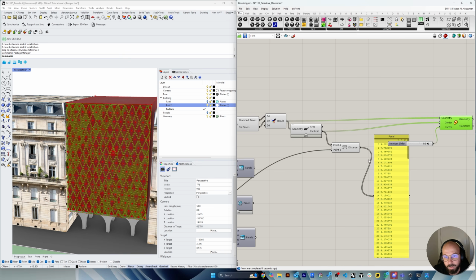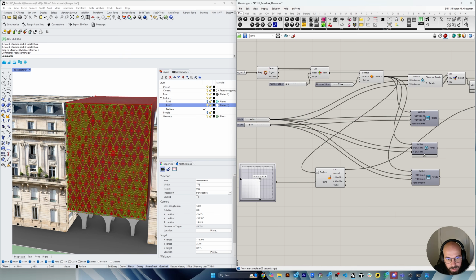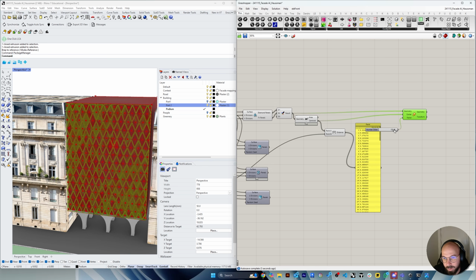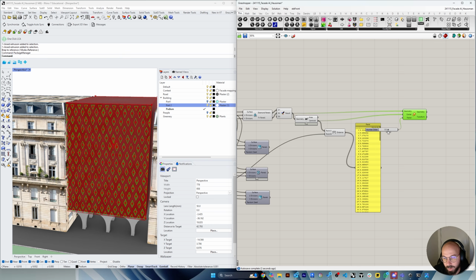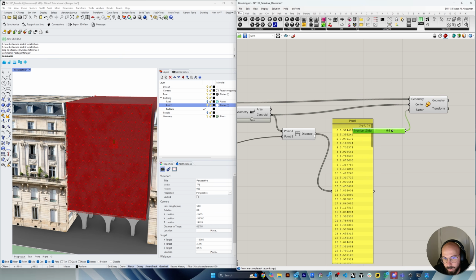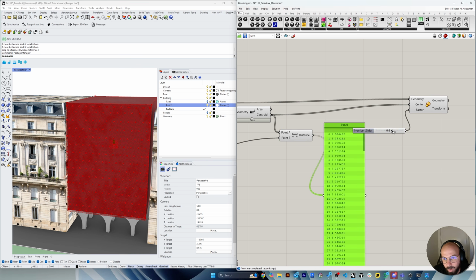Okay, so maybe the closer it is to that point here, it will be 9, and then the further away it will become 0.1. Okay, so we could do this. So we basically need to remap all those distances to be all between